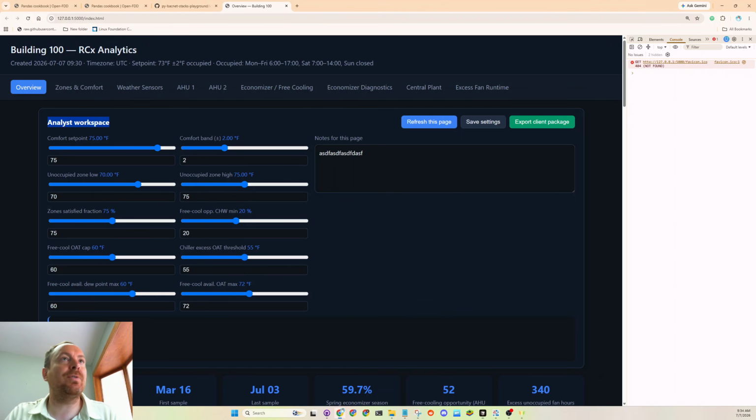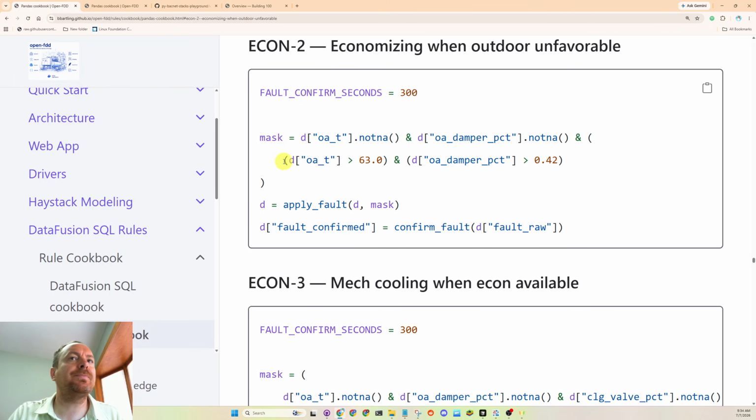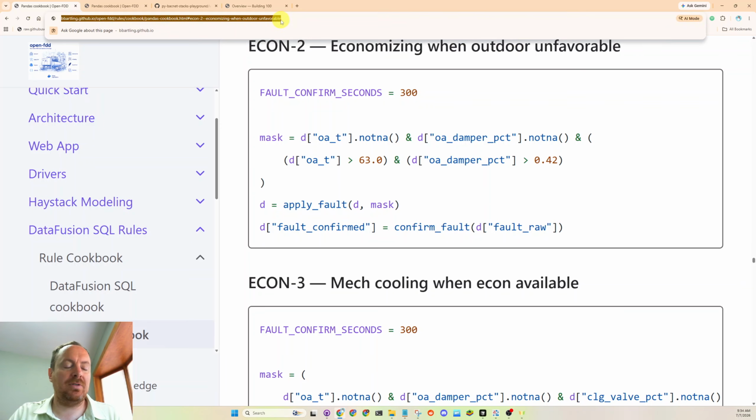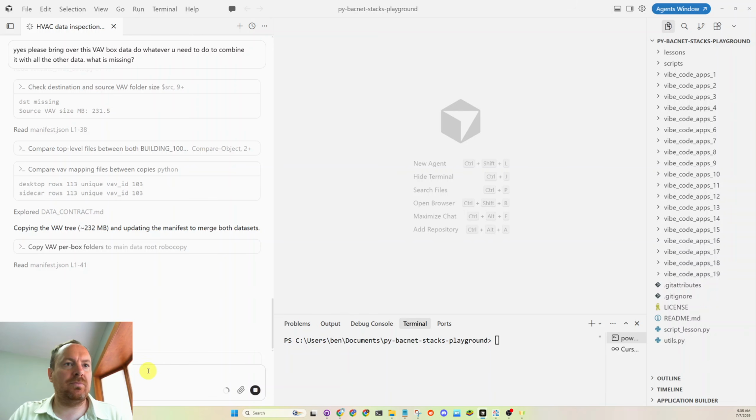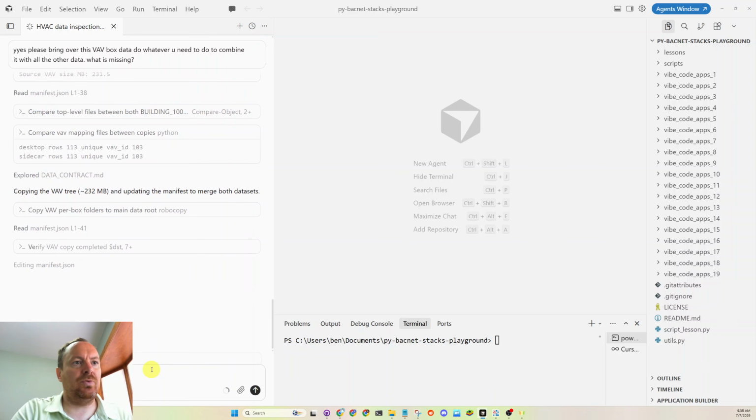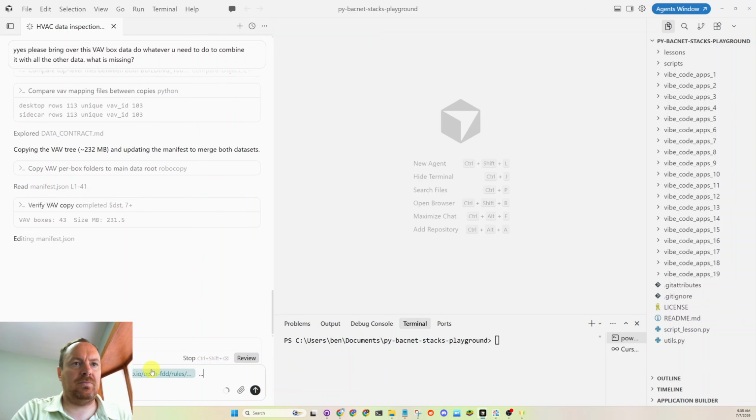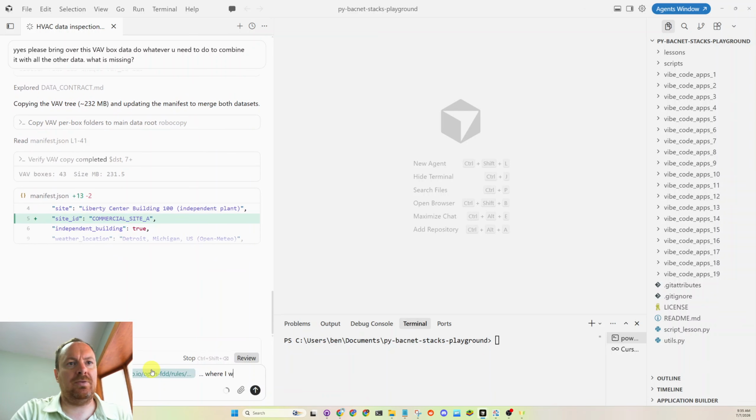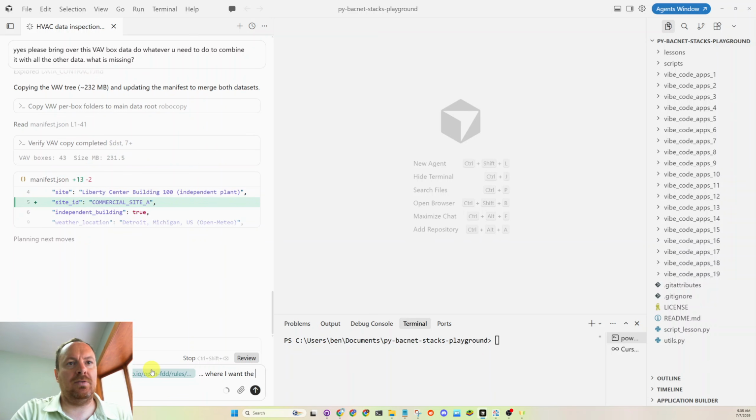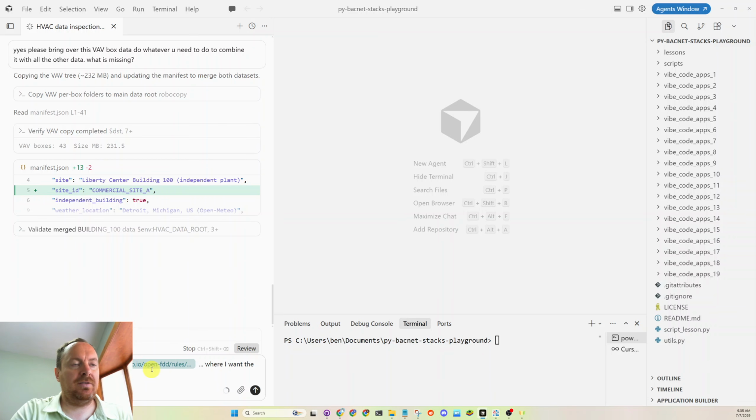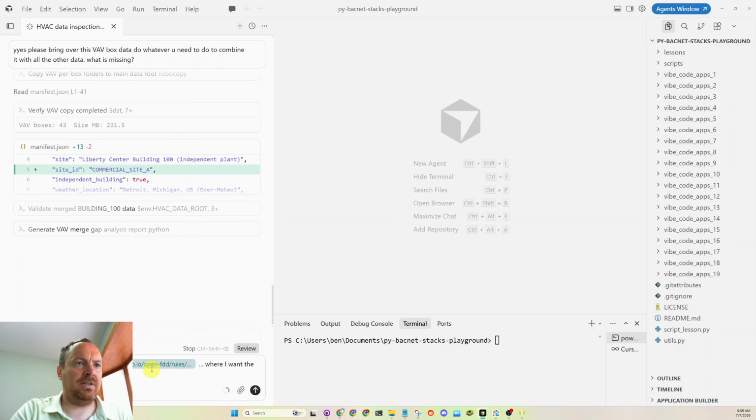Okay, so one thing that I want to do right off the bat is economizing when outdoor is unfavorable. So I want to use this rule. So please also use this rule, where I want the rule modified for economizing